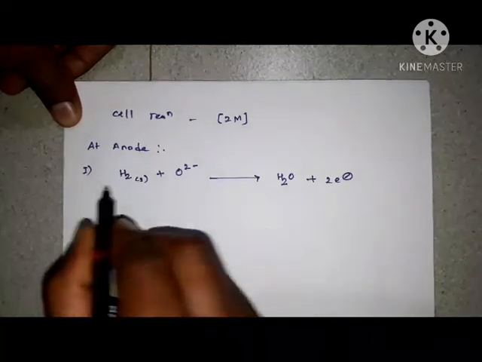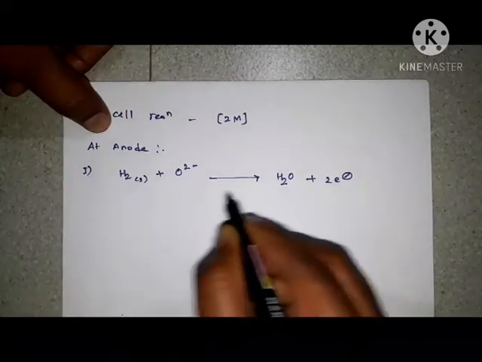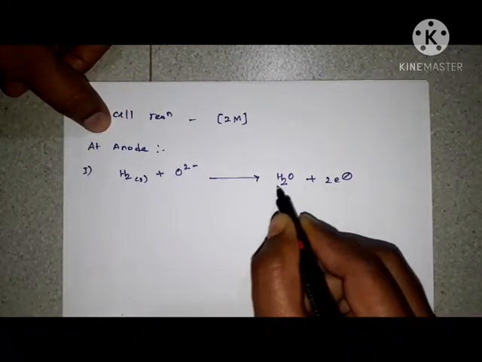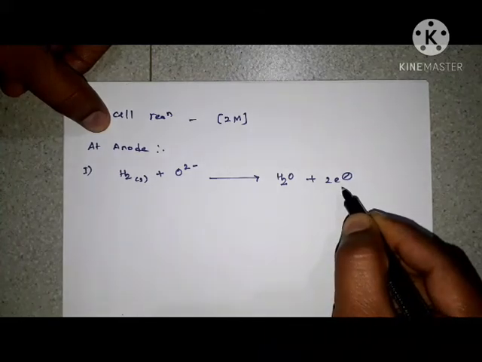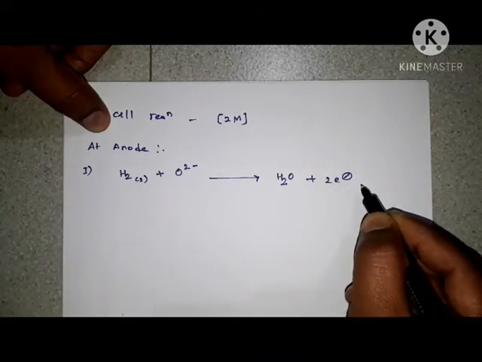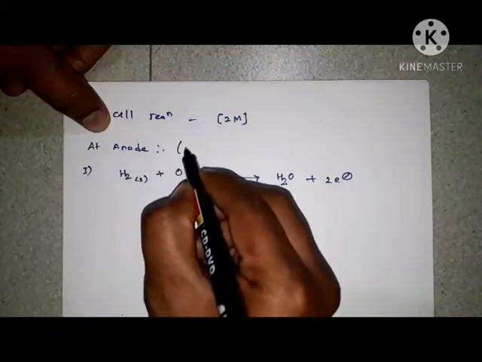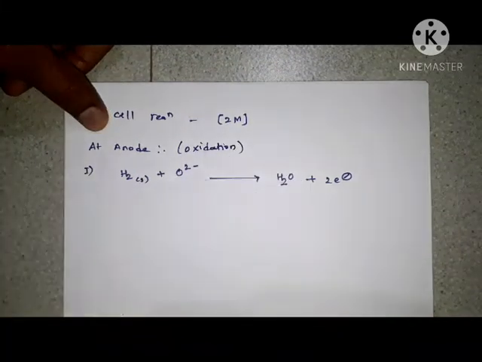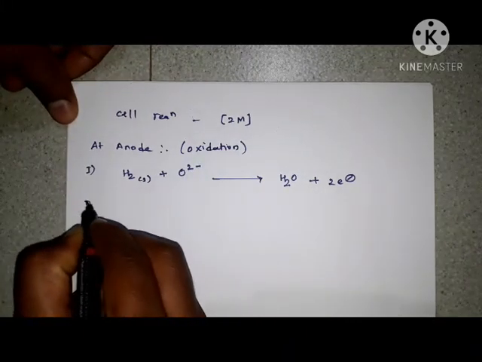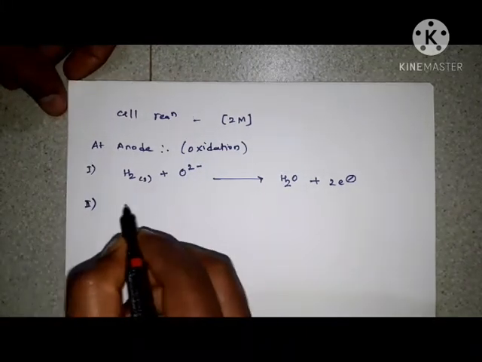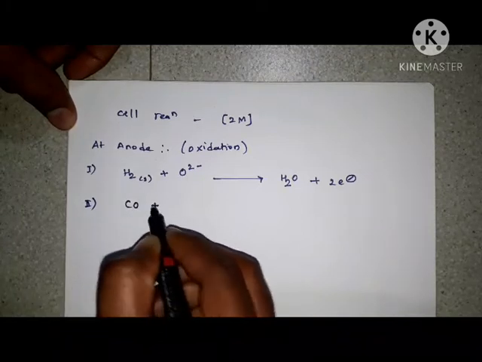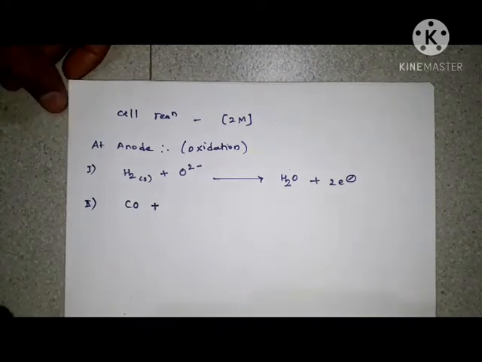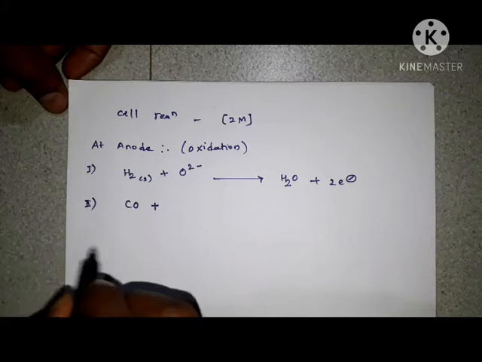In this reaction 2 electrons are removed, so at the anode oxidation takes place. And another half reaction is carbon monoxide,